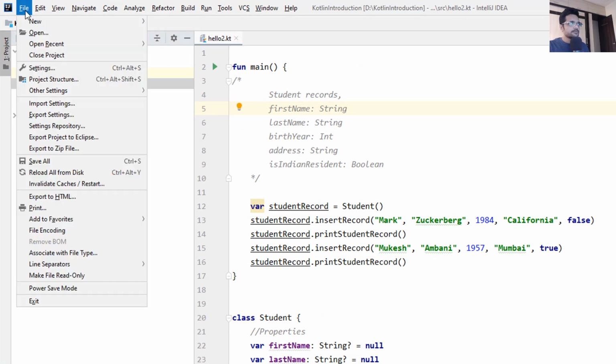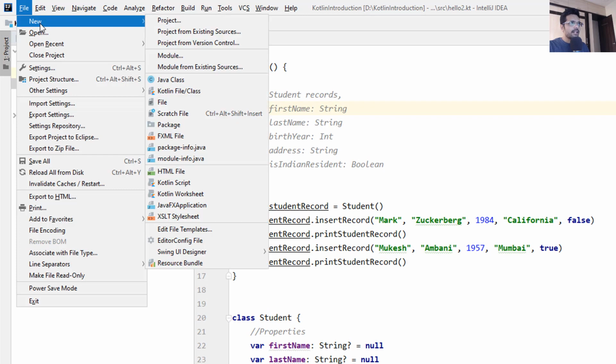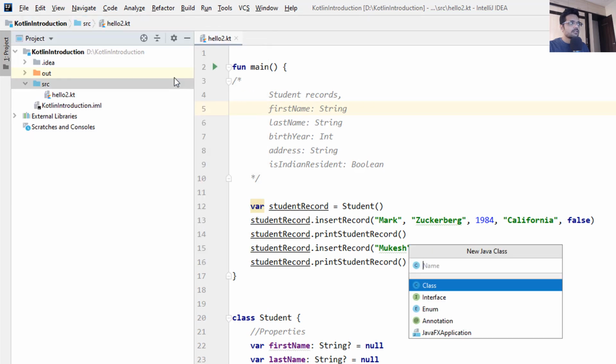Select File, New, Java class and give it a name Student1.java.